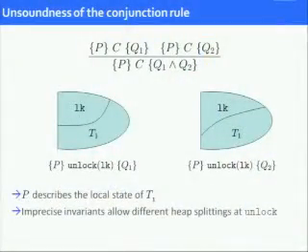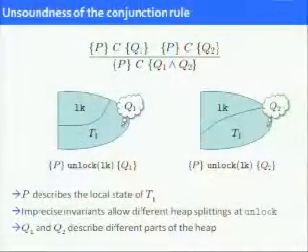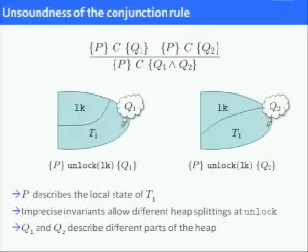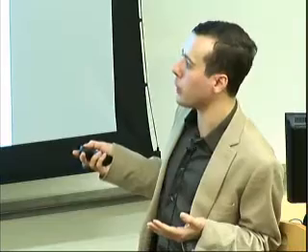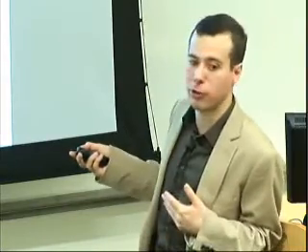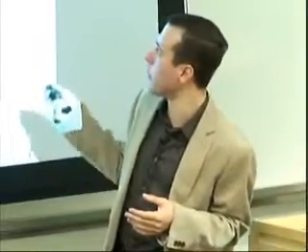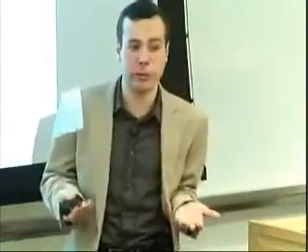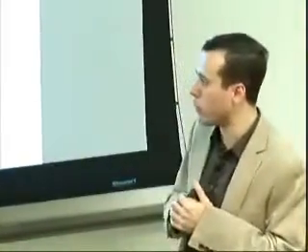If the resource invariants are imprecise, then I have multiple ways of splitting the heap at the unlock command. So here I will have Q1 and Q2 in two branches of the proof describing the local state of thread T1, but this local state is going to be a different part of the heap in different branches. So really, in the two triples there is a different understanding of what the local state of the heap should be. If I try to conjoin these two together with the usual conjunction, I'll get a meaningless result because I'm conjoining two statements about different things. This is the basic reason for unsoundness.